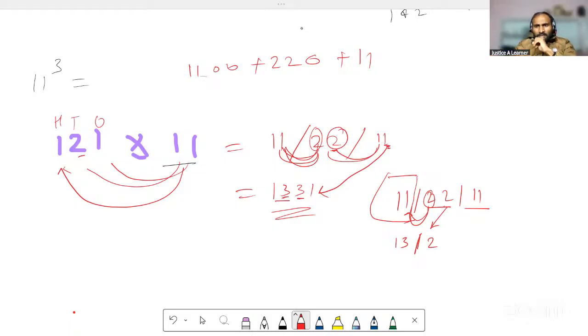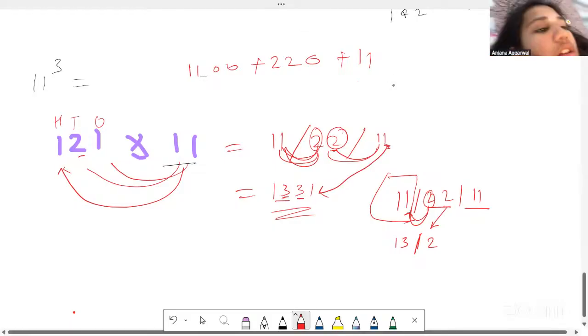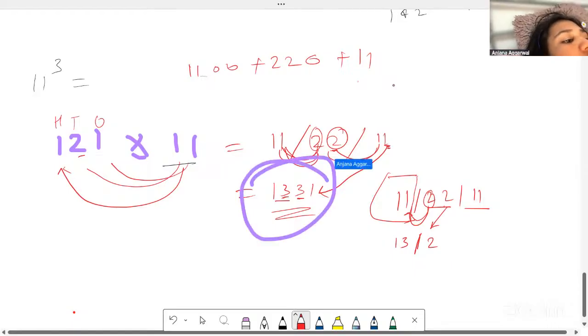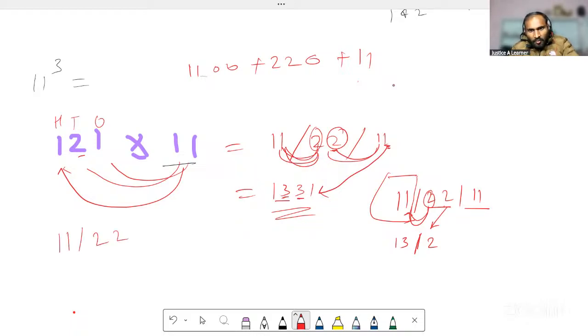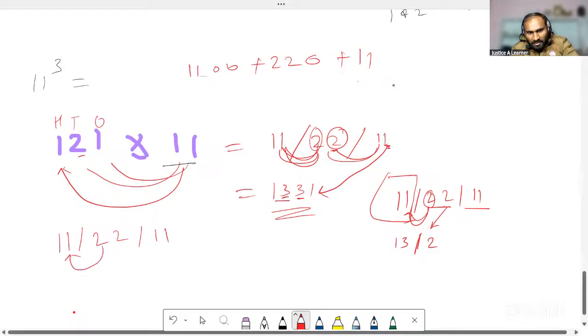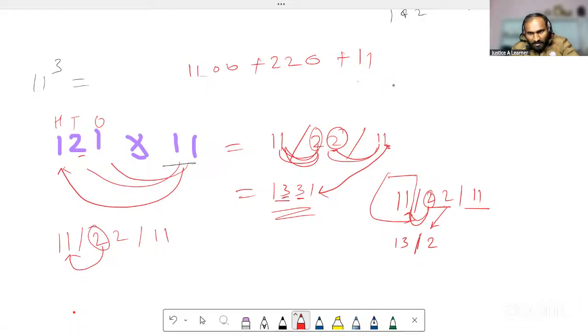Where are you stuck? Let me know. Like this part. Yeah, that's what I'm explaining. Wait a moment once again. So this is 11, 22, and 11. So I said we have to shift this extra number to this side. So is that clear that when we shift this number, it will be added into this one? Yep, so it's 1 and then 3. What about this? This can be written here, but this is extra. So this would go this side.